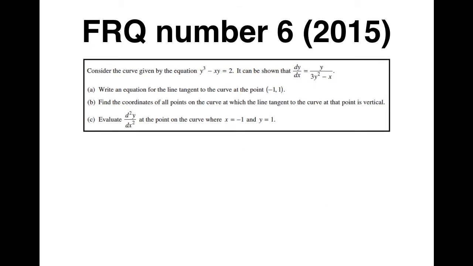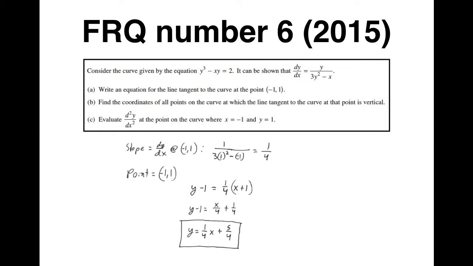Let's see what the actual question was. Question A, write an equation for the line tangent to the curve at the point negative 1, 1. When we are looking for a line tangent to the curve, we need 2 things. We need a point, and we need the slope at that point. So the point is given, that's great, and then we're going to have to find the slope, and that obviously